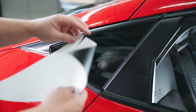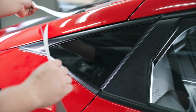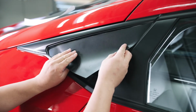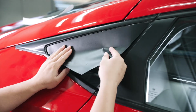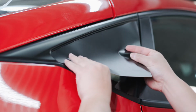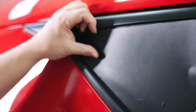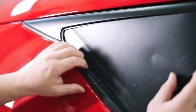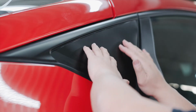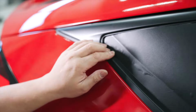So now that you've slit the backing on this overlay, all you have to do is take it off. And what we're going to do is line everything up like this. As you can see, it's a pre-cut, so it's almost a direct fit. So what we want to do is make sure that we've lined everything up along the bottom here and in this corner, and when you lay it flat, you can see everything just follows. So at this point, all you have to do is take a squeegee,